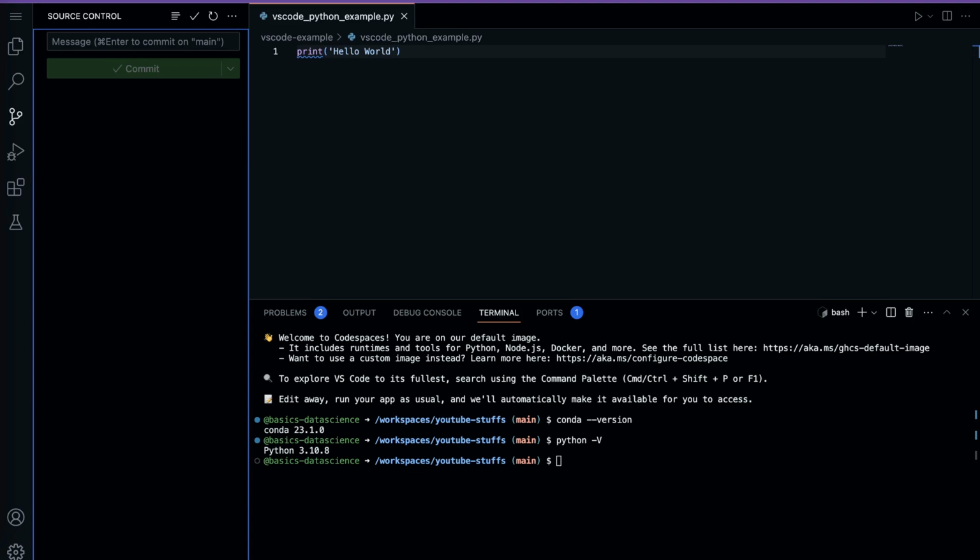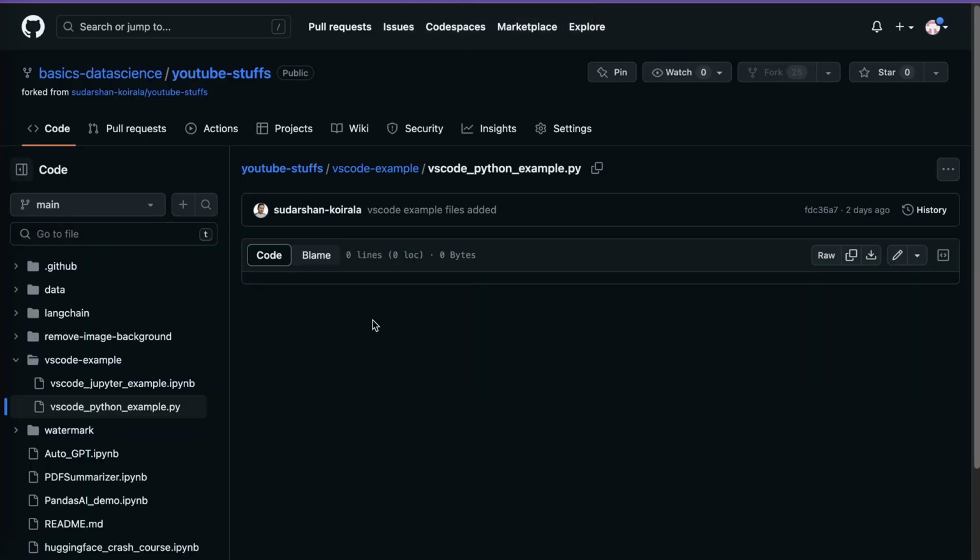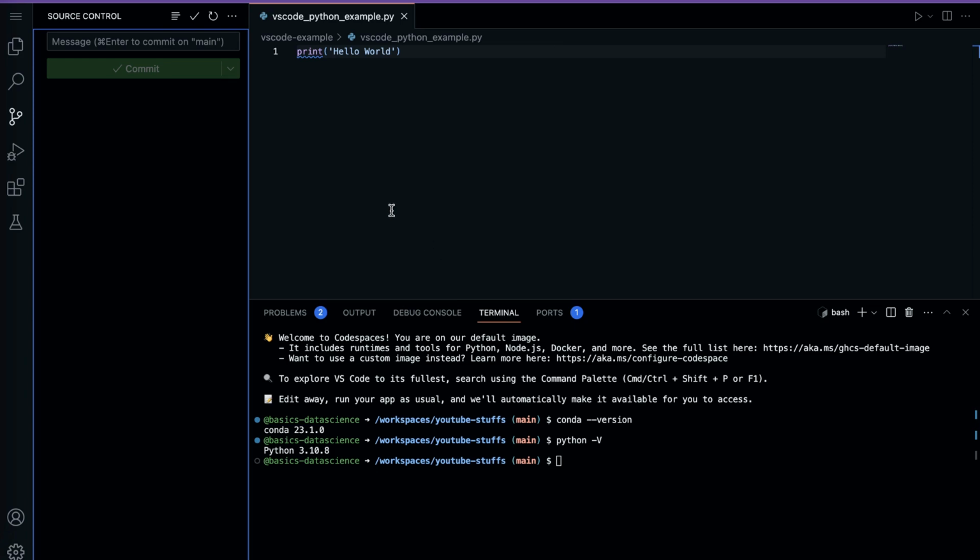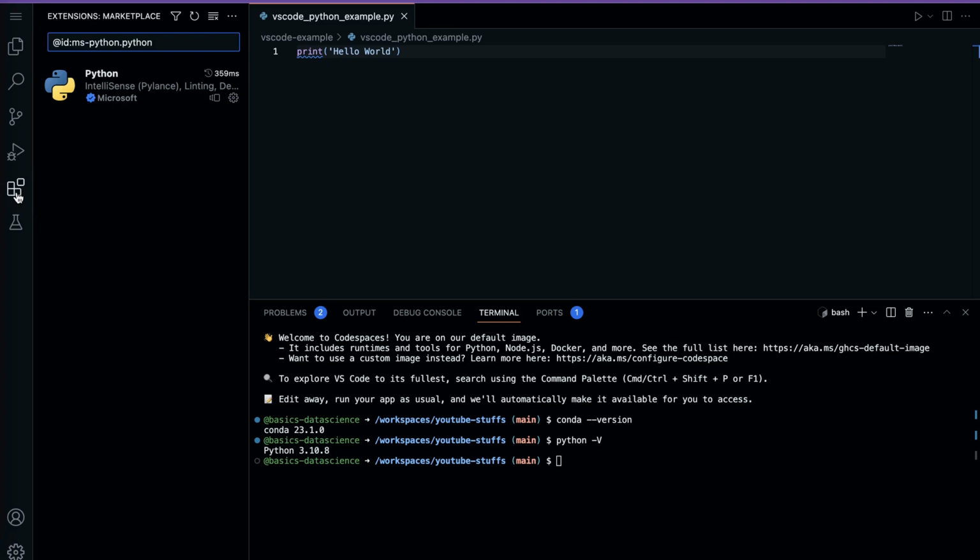If you go back to the GitHub and now refresh this page, let me refresh this. Okay, as you can see here, there is this print hello world being pushed in our GitHub from this GitHub Codespace, right? This is one thing which is already being provided for us in the VS Code. But if you want to go with some extensions, you can go to this extension tab here, and here what you can search is